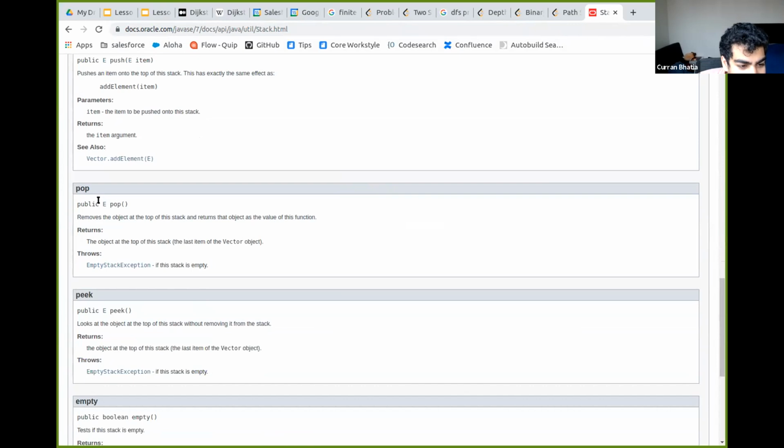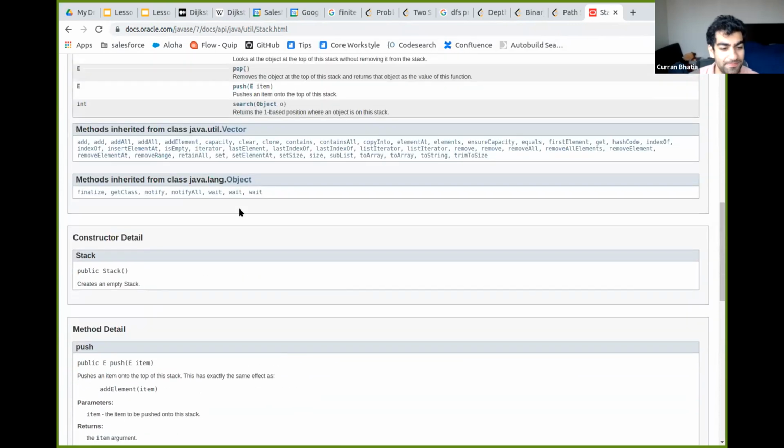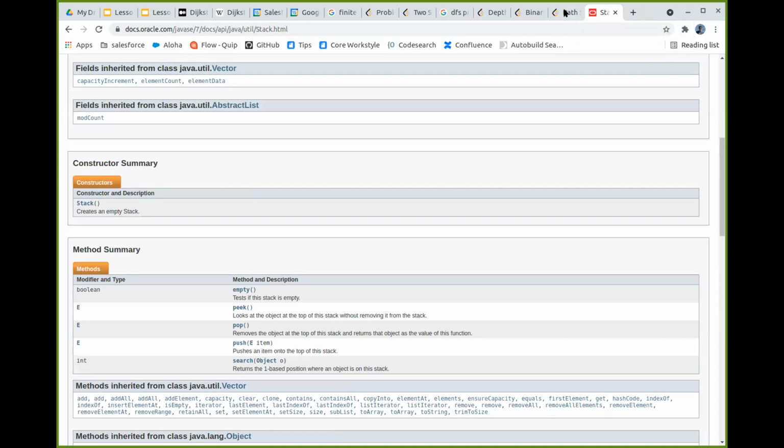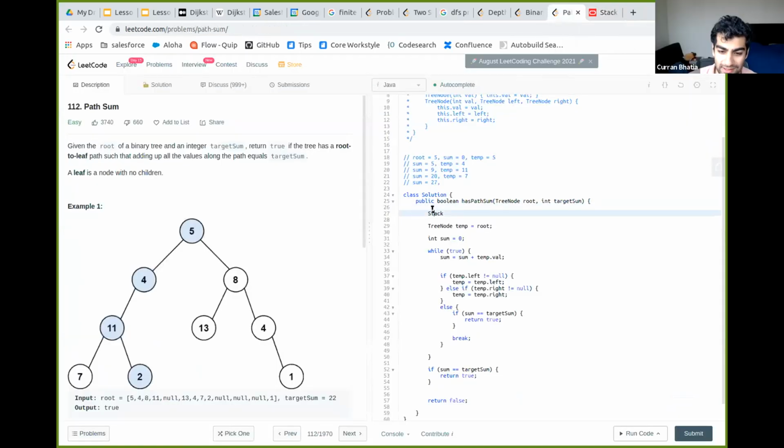Are we really gonna use stack here? Man, I don't want to use stack. We could also just use an ArrayList and treat it like a stack. Okay, let's do that. Thank you, David, for giving me an out here. Wait, this is gonna get rid of the whole purpose.